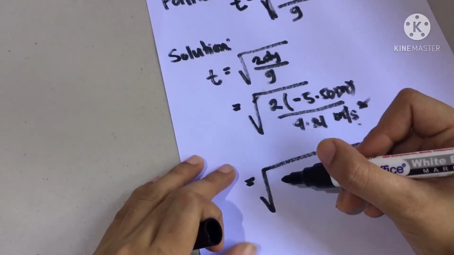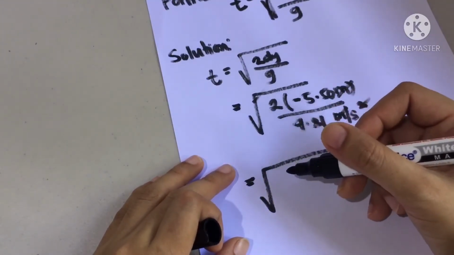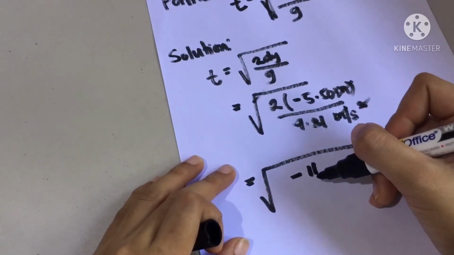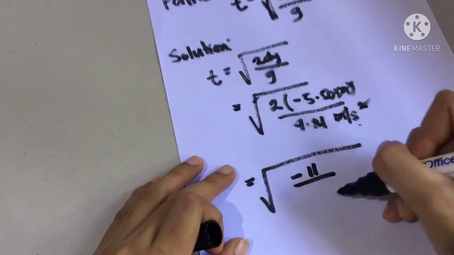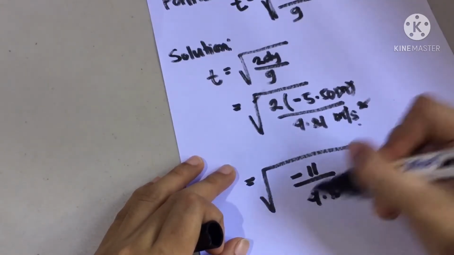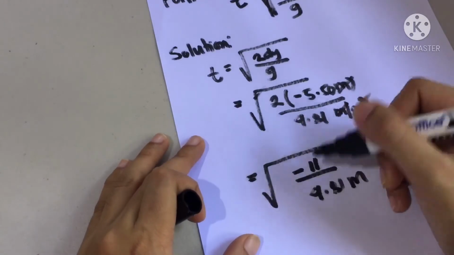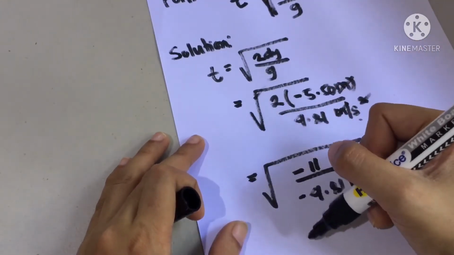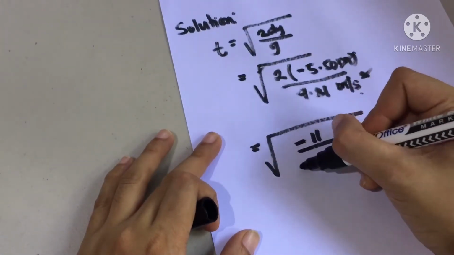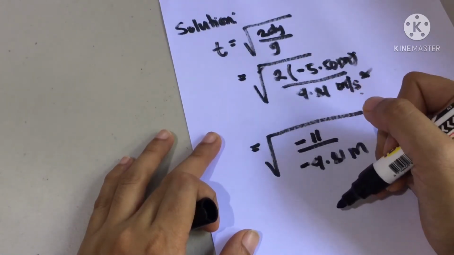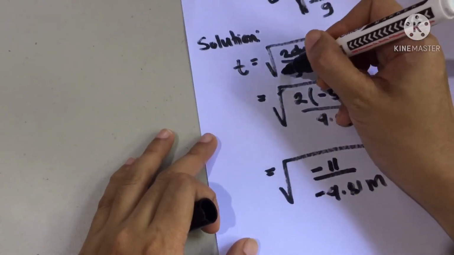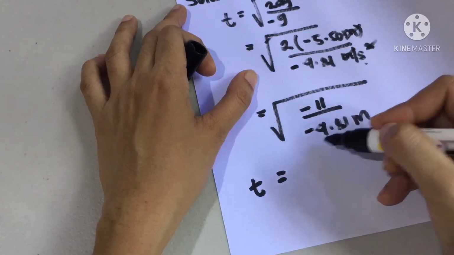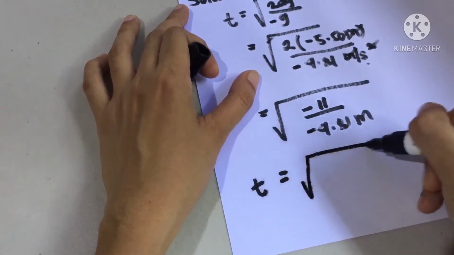Next, 2 times negative 5.50 meters, with no unit needed, is equivalent to negative 11. And then we are left with 9.81. Now, we can't take the square root of a negative, but negative divided by negative is equal to positive. So to avoid confusion, we put negative and negative. What we have here is negative 11 divided by negative 9.81, that is equivalent to